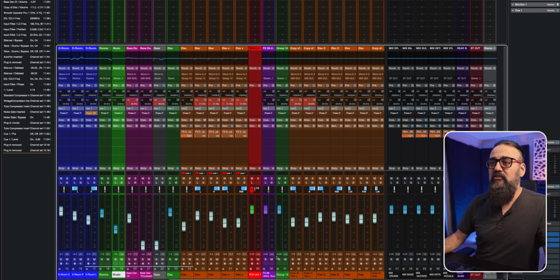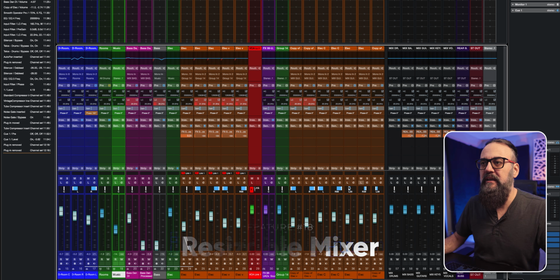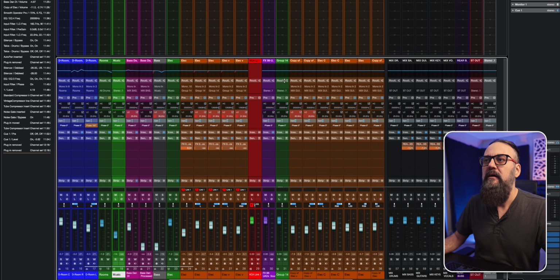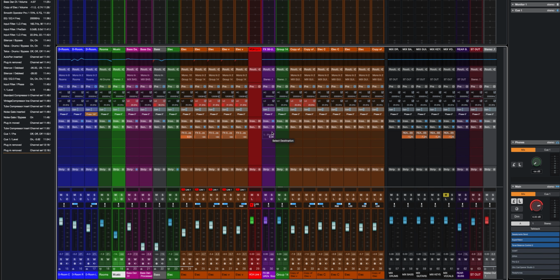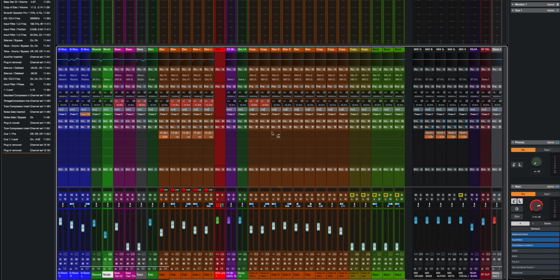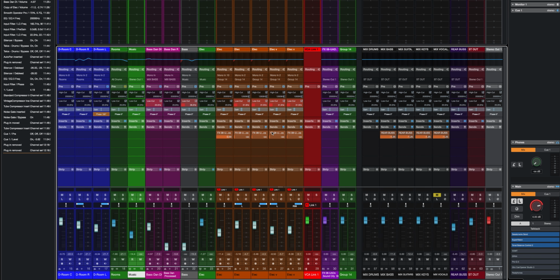Another very nice feature is the fact that the MixConsole is so modular. You can resize the size of your faders. Same for the sections, the meter bridge, and even to zoom in and out by clicking on G to zoom in or clicking on H to zoom out. And that will determine the size of the channels,